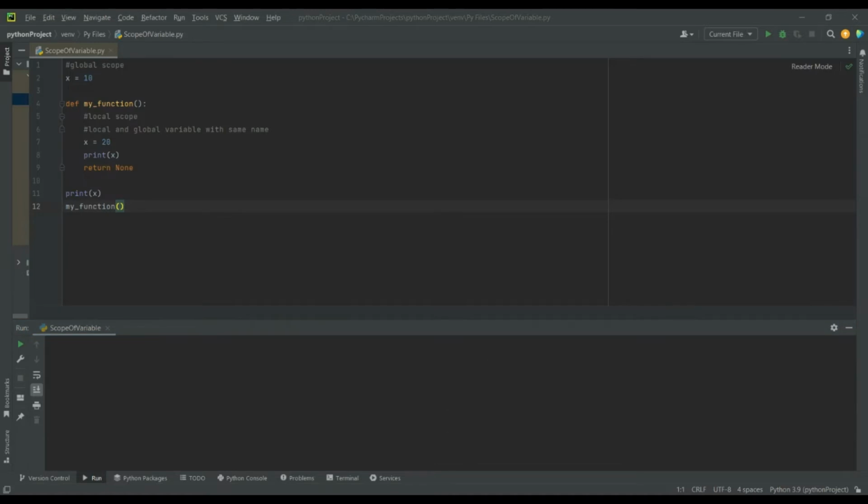Let's test the global keyword using a program. We will use the same program used in the previous video for scope of variables. Let's add one more print statement to print the value of x. This is to test the value of x after the function is called. Once executed,